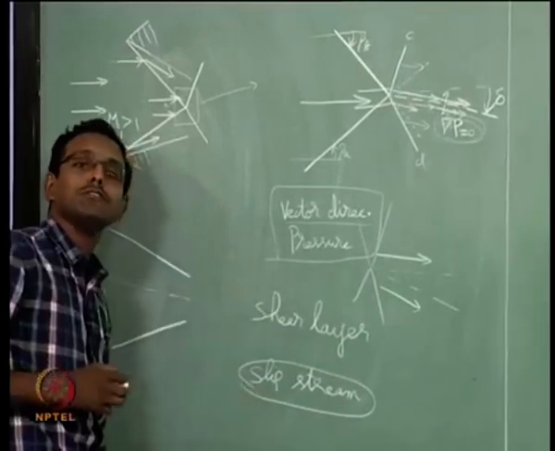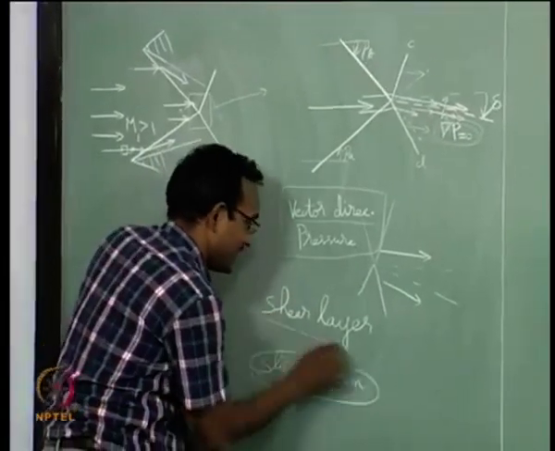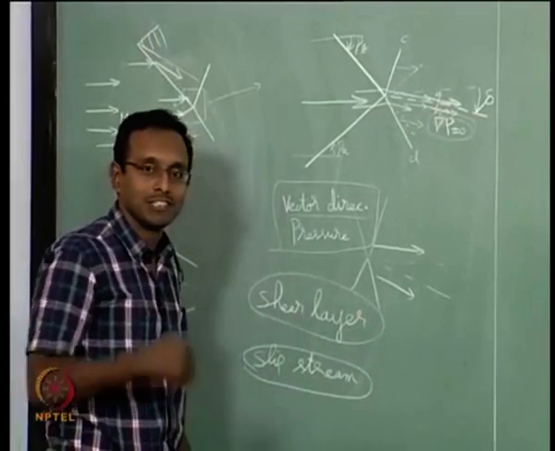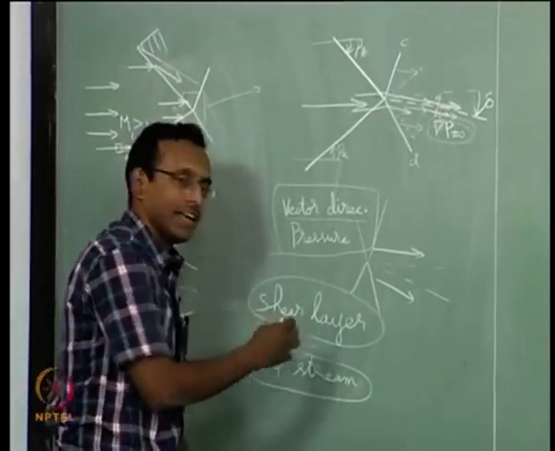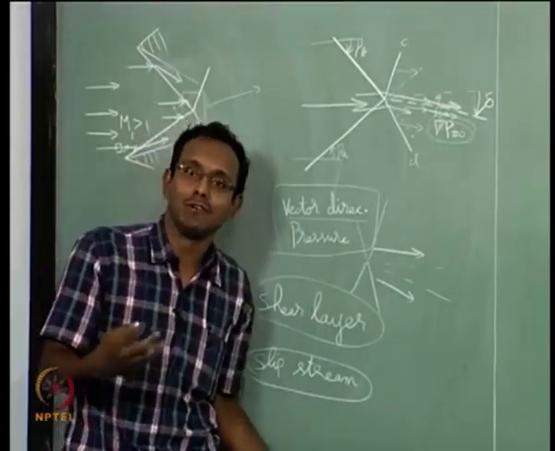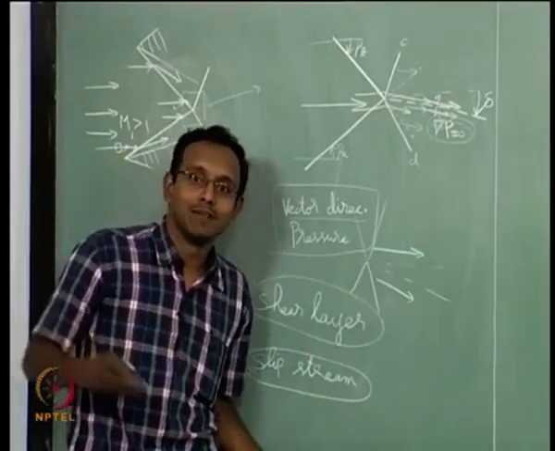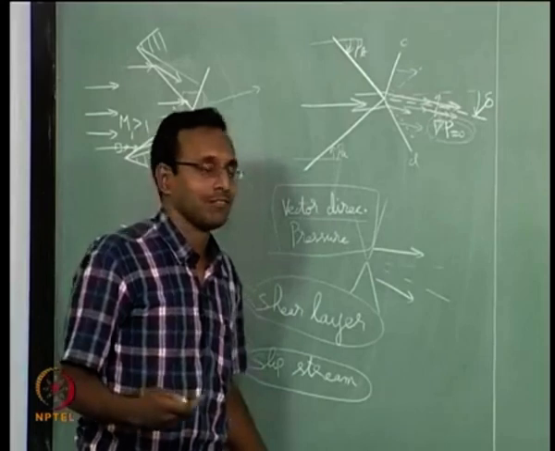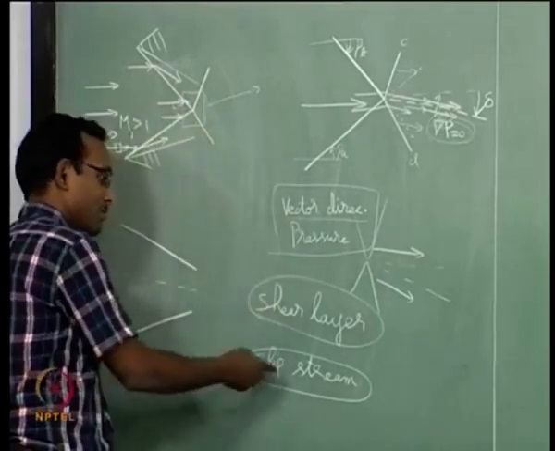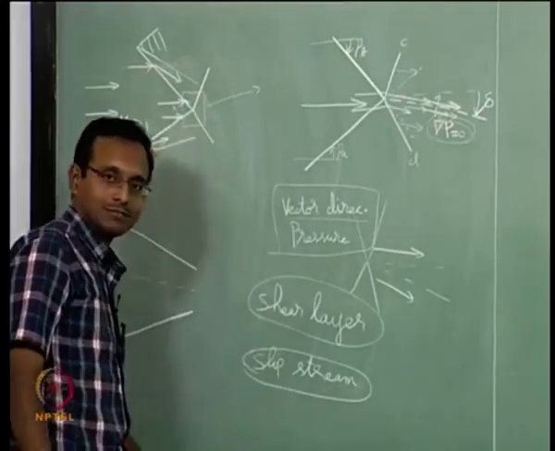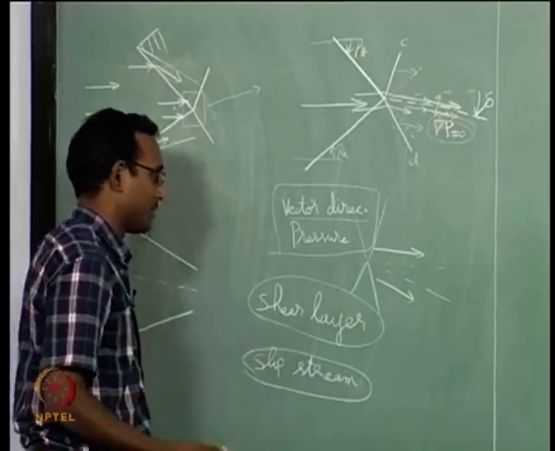But if I include viscosity, then immediately that changes the name to shear layer, because there is a shear and it will grow like any other shear layer. Like in a jet flow, there will be a shear layer from the lip, or in a boundary layer flow, there will be a boundary layer which is a shear layer by itself. Okay, it will become a shear layer once I put in viscosity. You should get used to the name slipstream also.